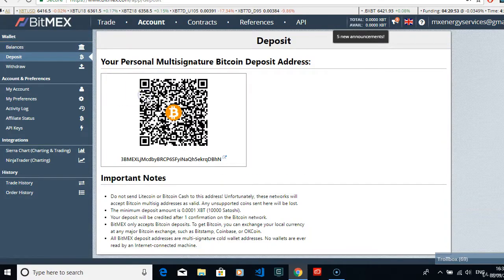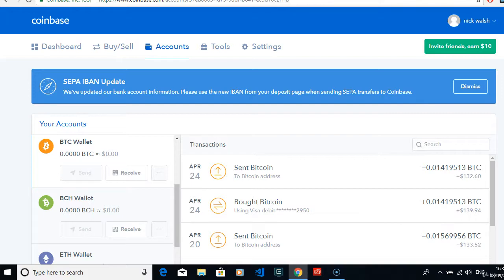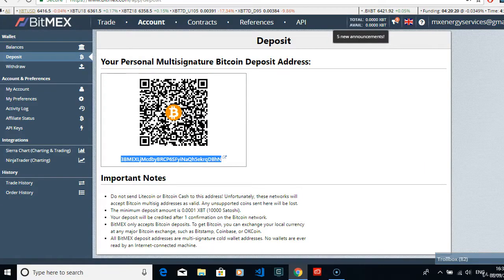So click deposit, and this is your BitMEX Bitcoin deposit address. Do not send Litecoin or Bitcoin Cash or anything else to this address, only Bitcoin. So copy this address and then go to your £50 of Bitcoin you have in here. Click the send button, a little box will appear, and you just paste the BitMEX